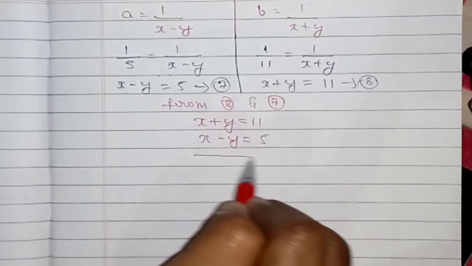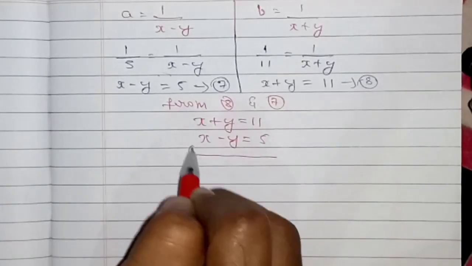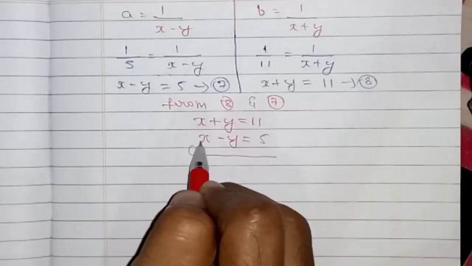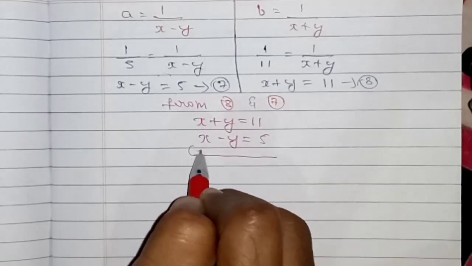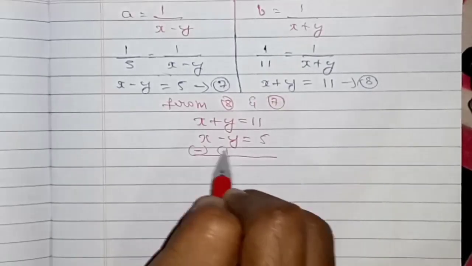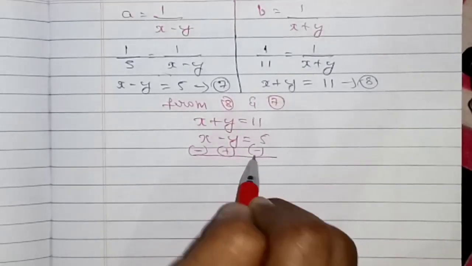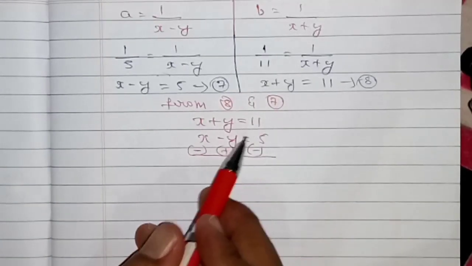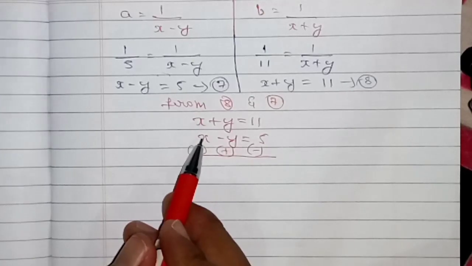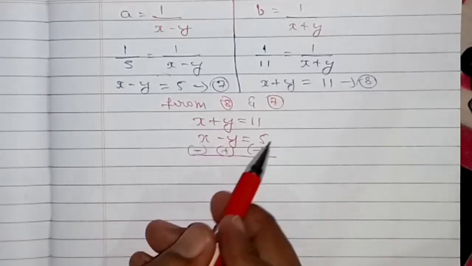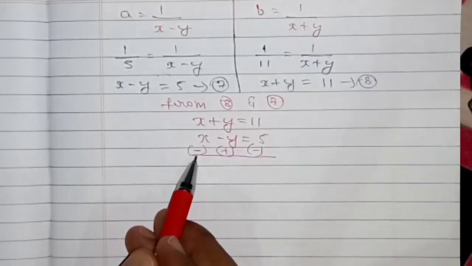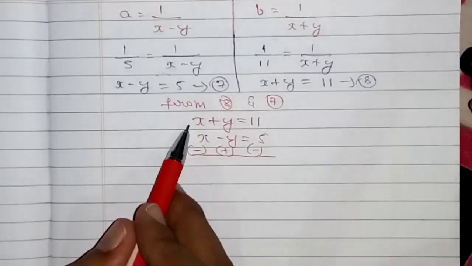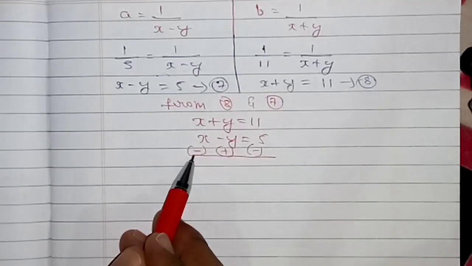Now change the symbol. Here plus is there. Just observe the second equation symbol. This one, plus is there, it will become minus. Here minus is there, it will become plus. Here plus is there, it will become minus. Now you need to neglect the middle symbol. So I think you know the elimination method, right? You need to neglect the middle symbol and take the first and the last. So the first one is plus and the third one is minus.